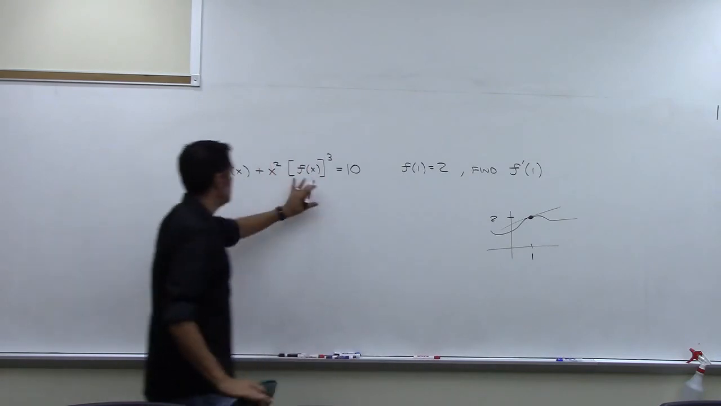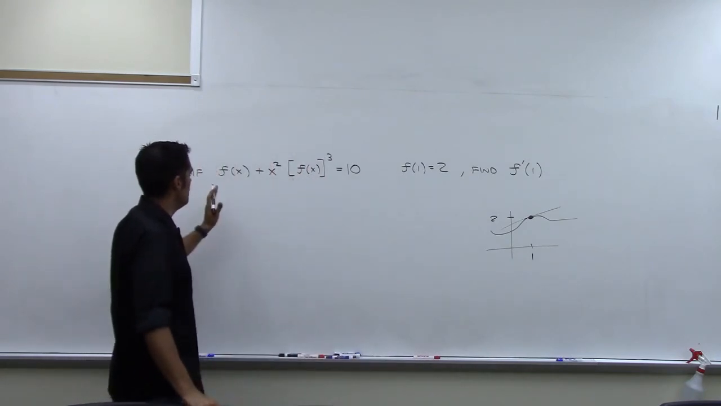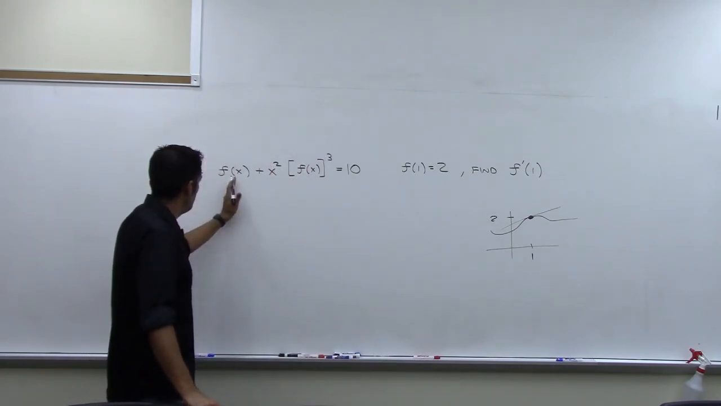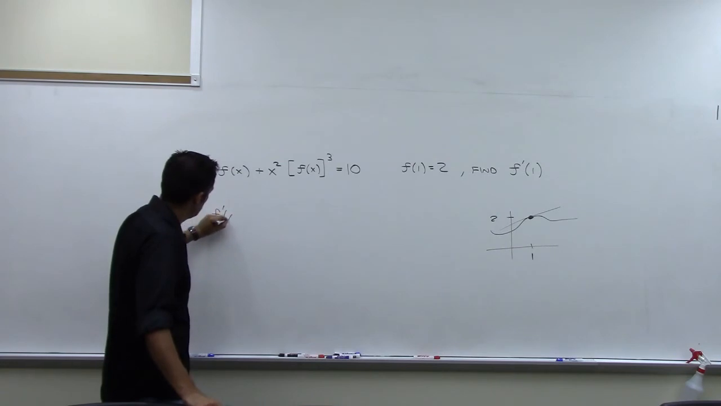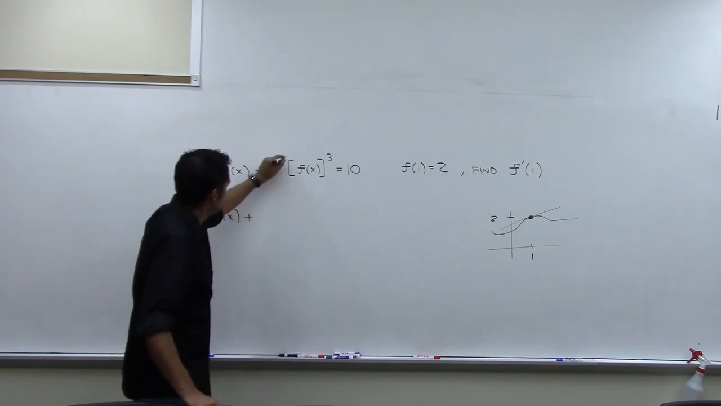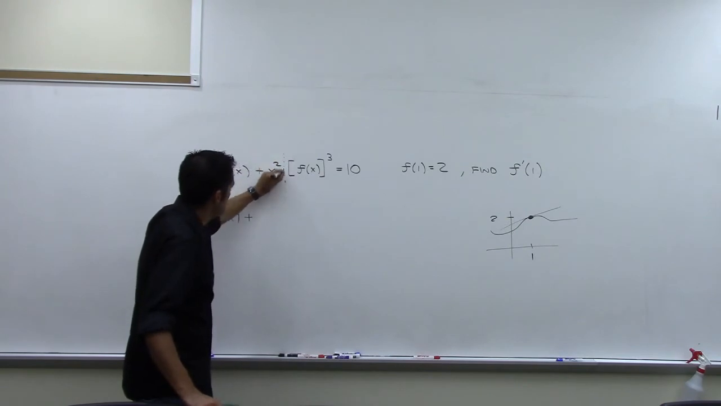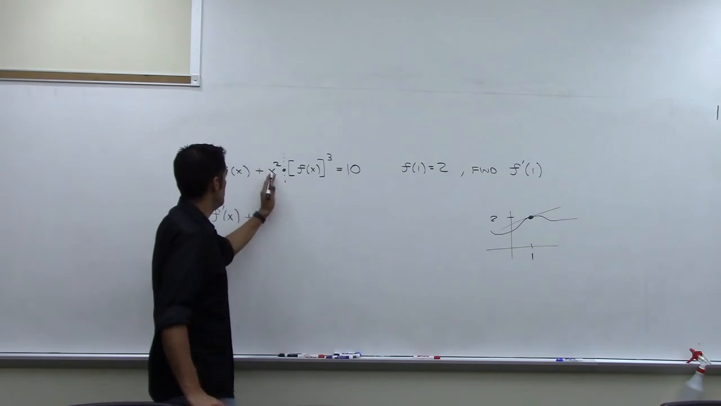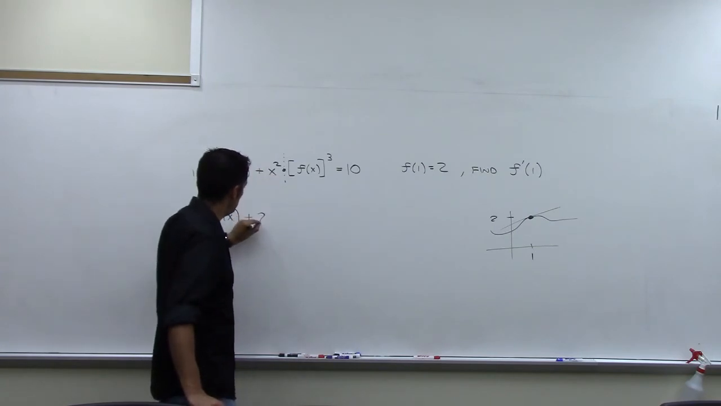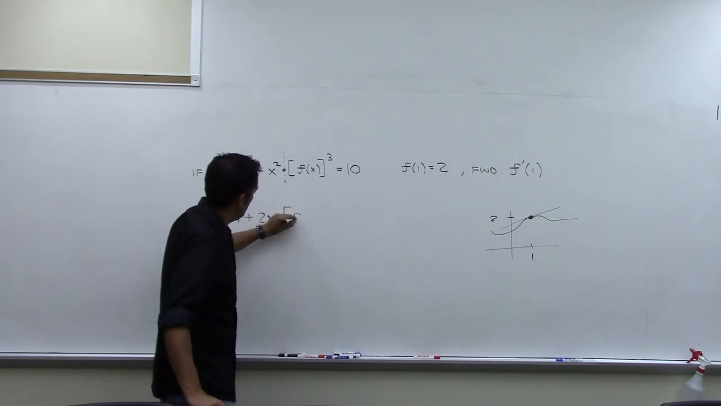So from this, here's what I'm going to do. Take the derivative, right? I've got f of x. I can take the derivative straight away. The derivative of f of x is f prime of x plus, now this is a product rule right here. That's multiplication between these two things. So I'm going to use the product rule there. Derivative of the first one, derivative of x squared, is 2x times the second one, which is f of x cubed,